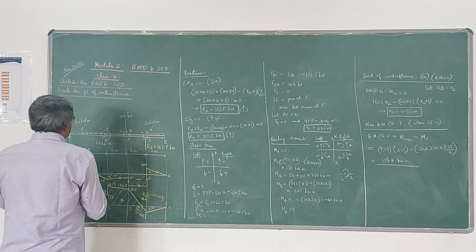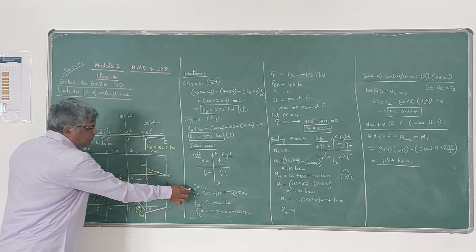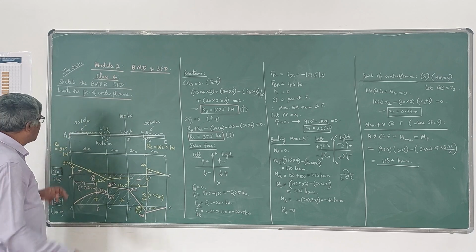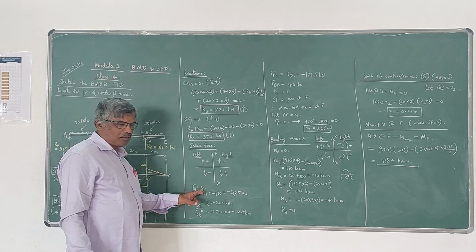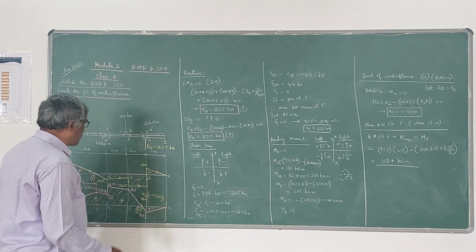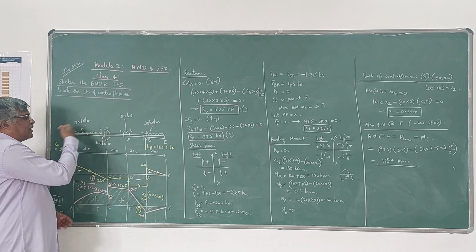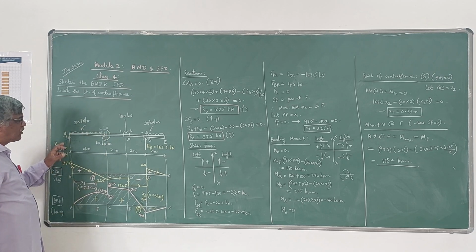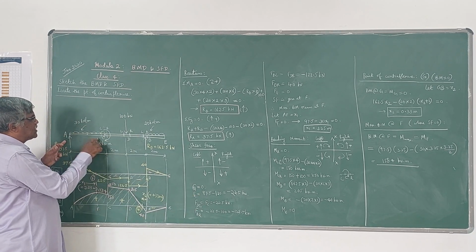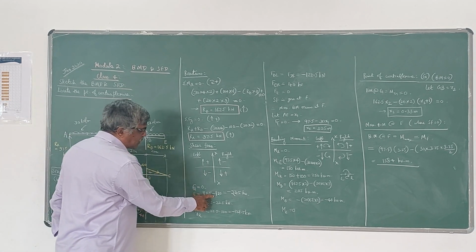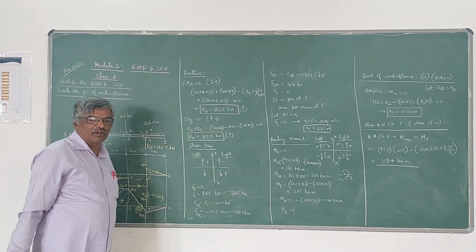So let us find out the shear force at all these points A, C, D, B, E. First I will take up FA. FA is the shear force at A. If you see to the left of A, it is 0. Next point is FC, shear force FC. See to the left side. On the left side you have this 97.5 kN upward, so it is positive, and this 30 into 4 is negative because it is acting downwards. So 30 into 4 is 120, therefore the value is minus 22.5 kN.